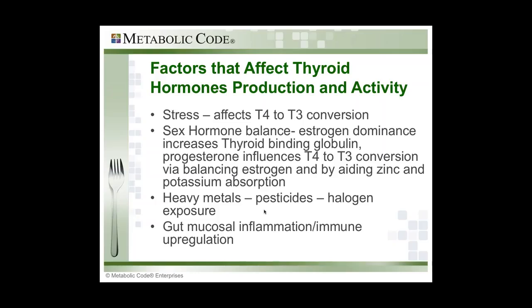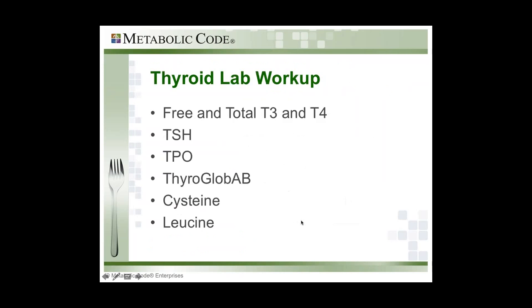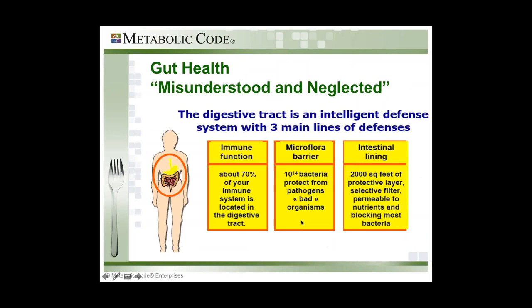So one of the first things that we do is, if a person shows signs and symptoms of chronic stress and they have dysregulated cortisol, we know that we have to balance that in order to finally get good thyroid function in the body. And the same thing with sex hormones. We like to assess that to see if that could be influencing. There are many other areas that need to be addressed, and insulin sensitivity is one of them as well. And the gut health. Oops, I'm sorry, this is sensitive here. So this is just showing